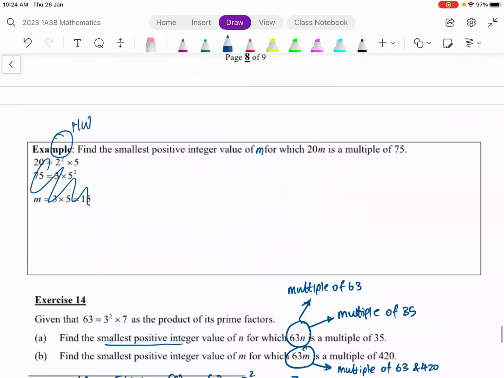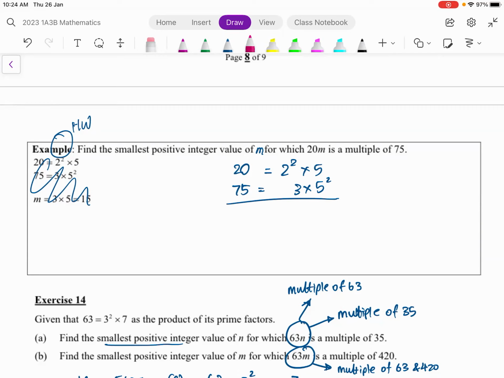Okay, this is the one. You should notice that the answer was accidentally printed for you, right? So as shown over here, but let me go through it. If we do it ourselves, 20 will be 2 squared times 5, whereas 75 will be 3 times 5 squared. And then they are looking for the smallest integer m, for which 20m